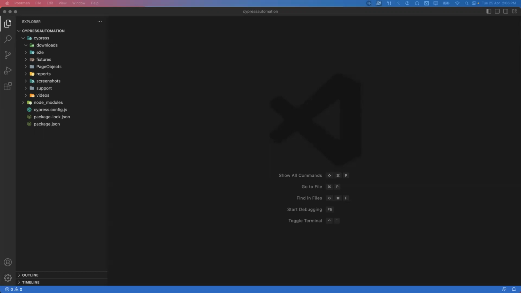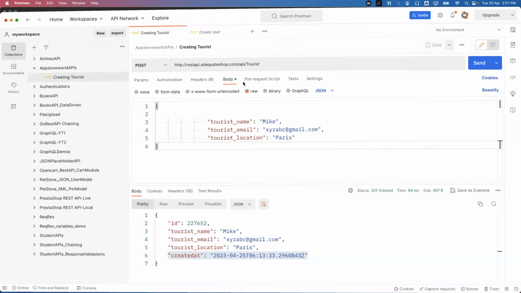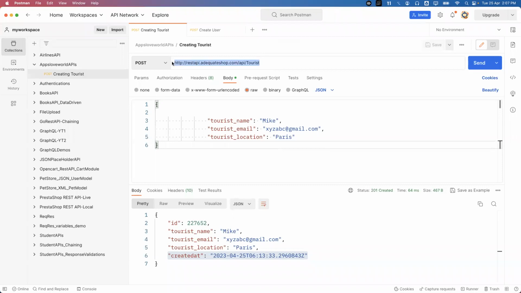Okay, so before that, let me show you the API which I'm going to use. So here I have an API of tourist. Basically, this API will create a new tourist in the database. We have to send a post request, and this is the URL, and we need to provide the request body. As part of the request body, we have to pass tourist name, tourist email, and tourist location. When you pass these three details, it will create a new tourist record and return